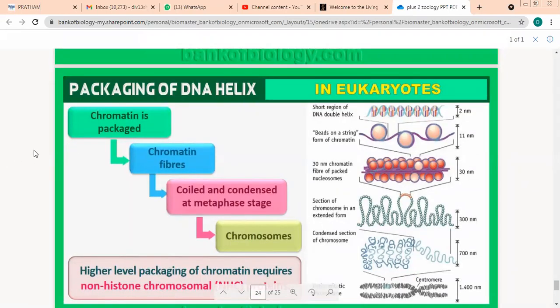See this, chromatin is packaged first. Many small chromatin threads come together and make chromatin fibers. First, we'll talk about the first stage. Very, very small chromatin thread-like structures will join and form a bigger, thicker thread, which is known as chromatin fiber. What is it called? Chromatin fiber. Beta, these are very small, thin and short threads. This is chromatin. Many chromatin threads together make one thick, long thread, that is chromatin fiber.